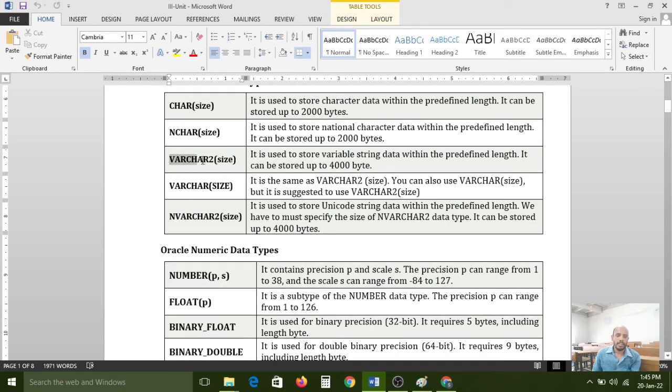Next, varchar. It is also one of the data types, but it can store only up to 2000 characters. But varchar2 can support 4000 bytes. It is increased memory. If you want to store big strings of data, for that we can use the 4000 bytes, then we use varchar2.